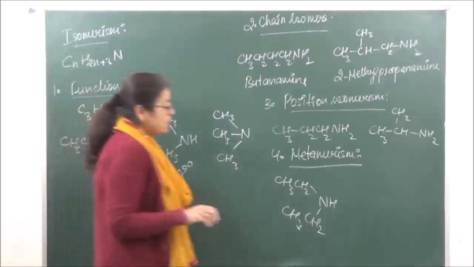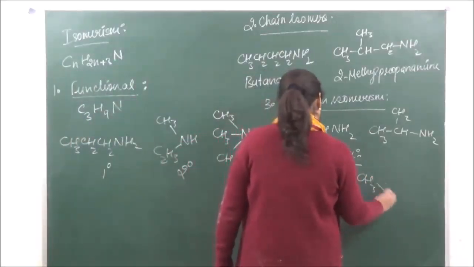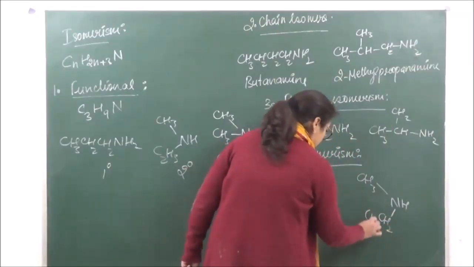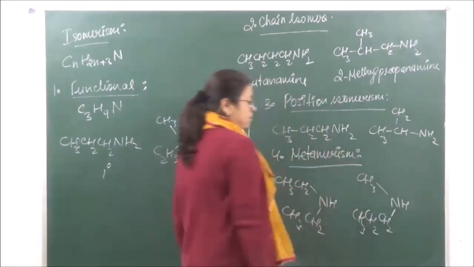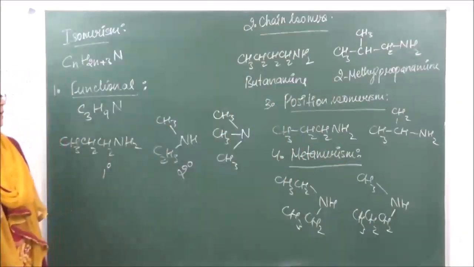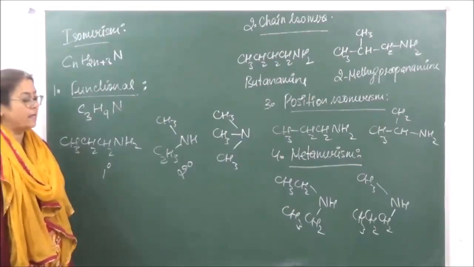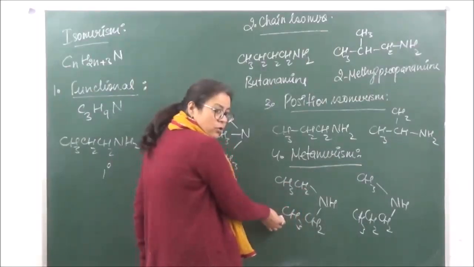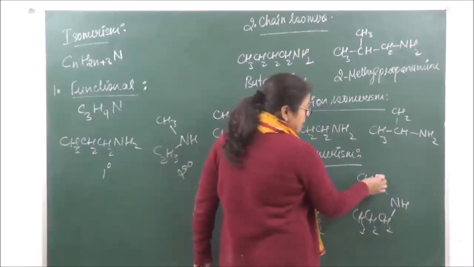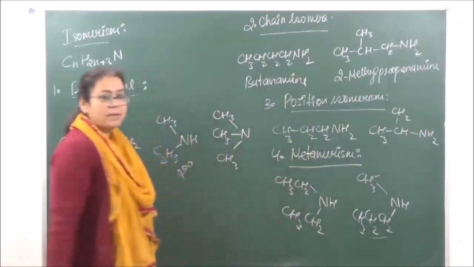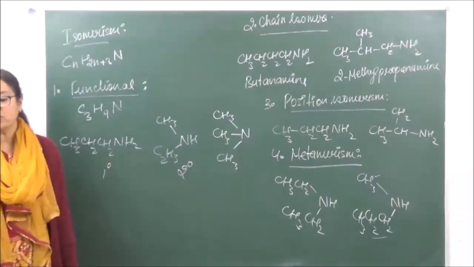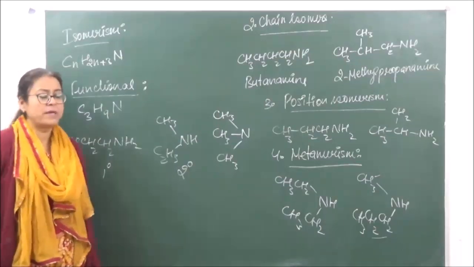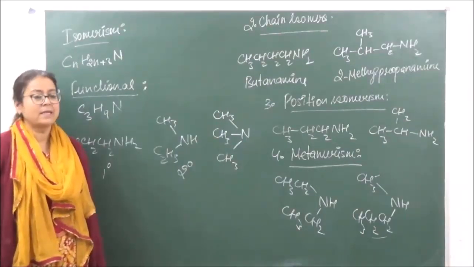But over here, the metamer of this is going to be, right? This is known as methylpropanamine. So you can see in the first case, the number of carbon atoms on both sides is the same. Whereas in this case, there is one carbon atom on one side and 3 carbon atoms on the other. So these are known as metamers of each other. Is it clear? So today we will do only till here. This is an introduction which we have done. In the next class we go on to the basic nature of amines.